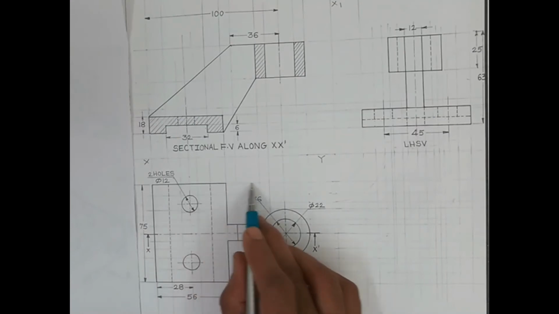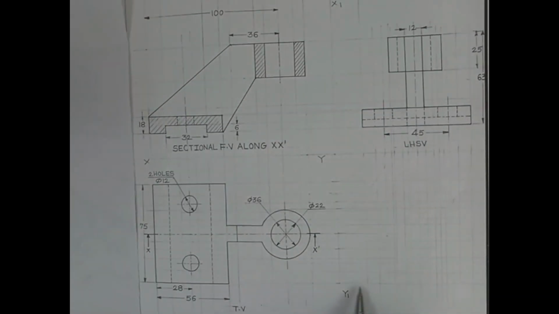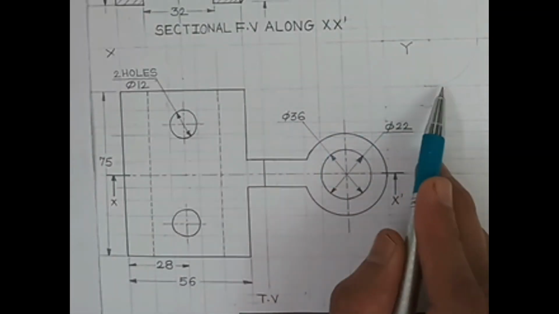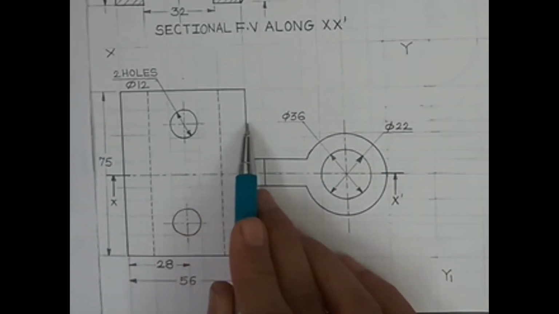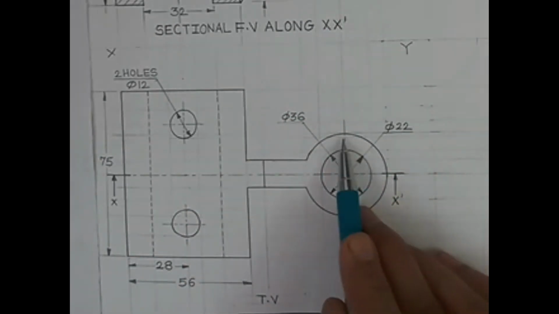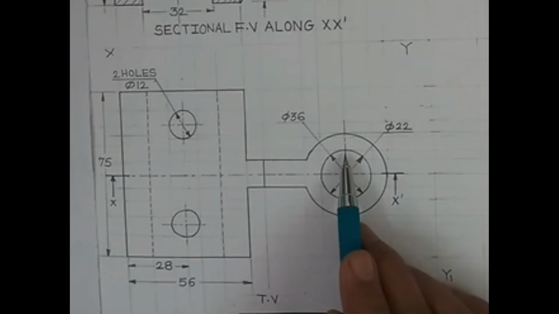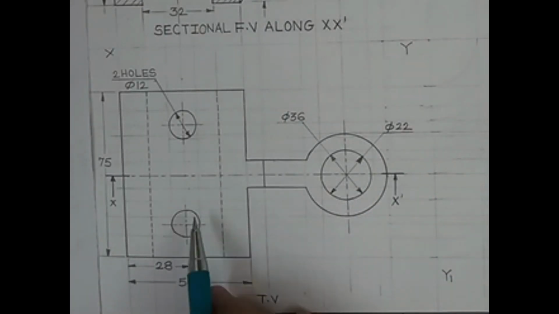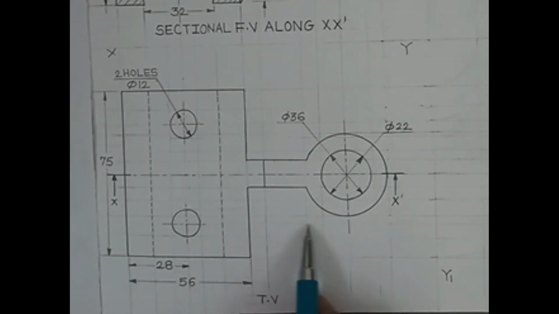From top view, draw horizontal projectors up to x1 y1. So this is x1 y1. So all these horizontal projectors are drawn. From where we need to draw, you can see this outermost edge, these holes, two lines of the holes. Of course center line is also required. Then this outermost part of this cylinder and this cylinder, then this inner hole. And center line, and here also this hole, these two lines, outermost line and center line.